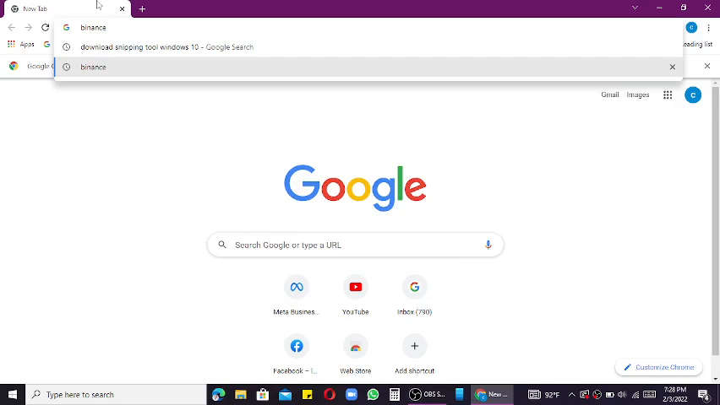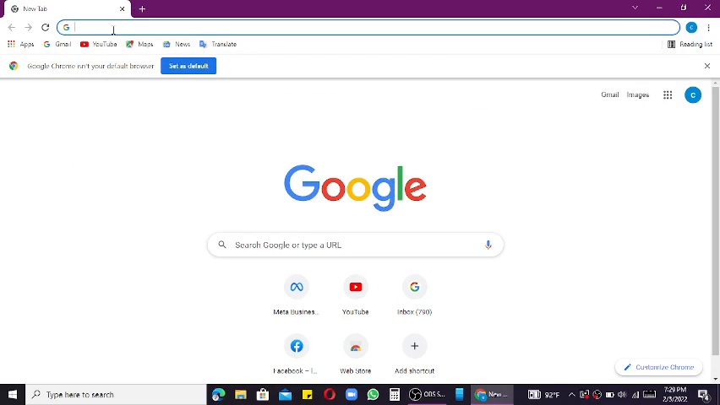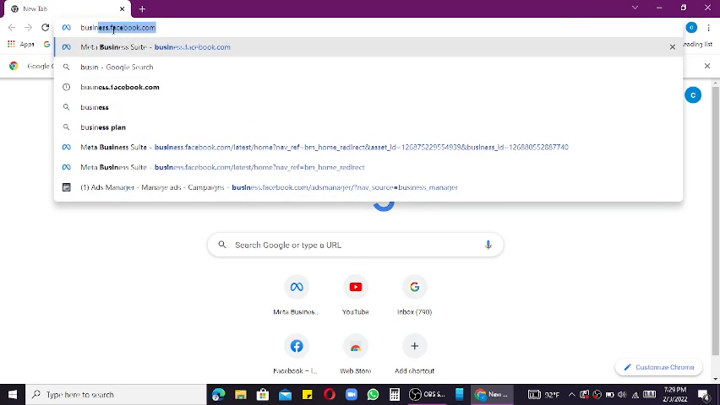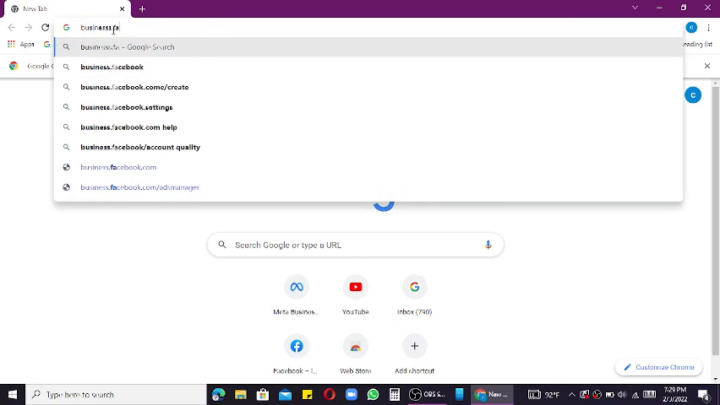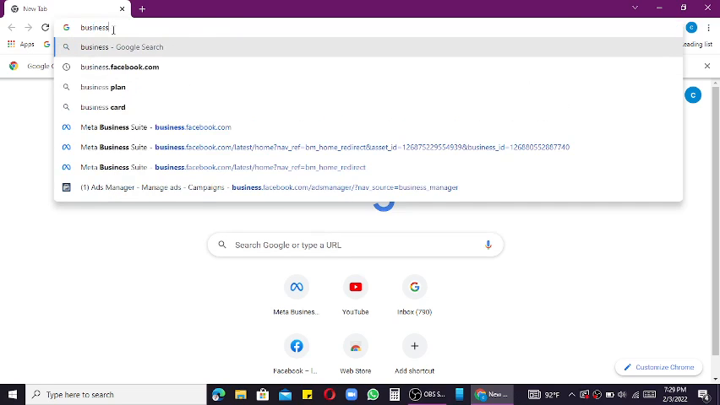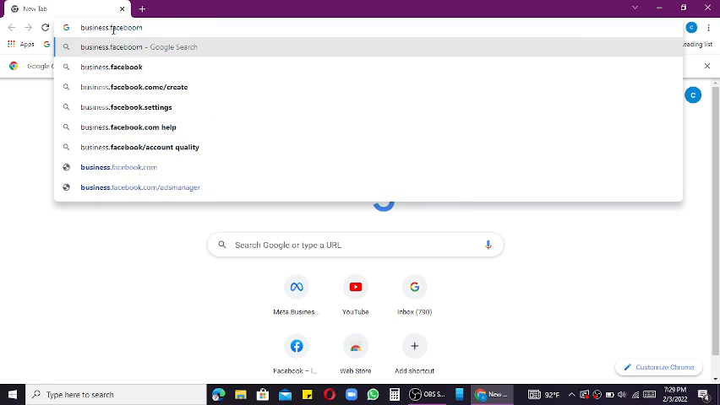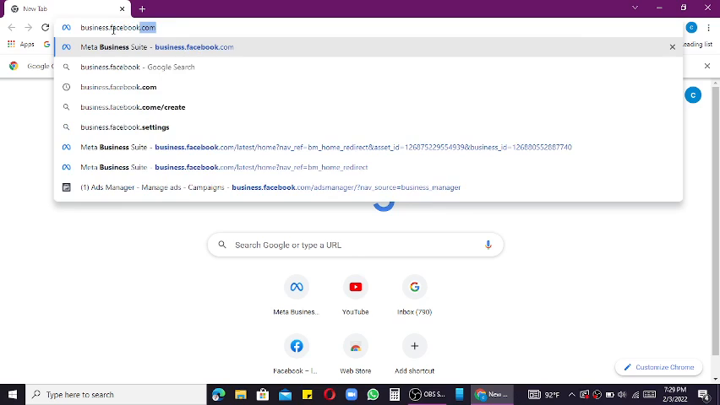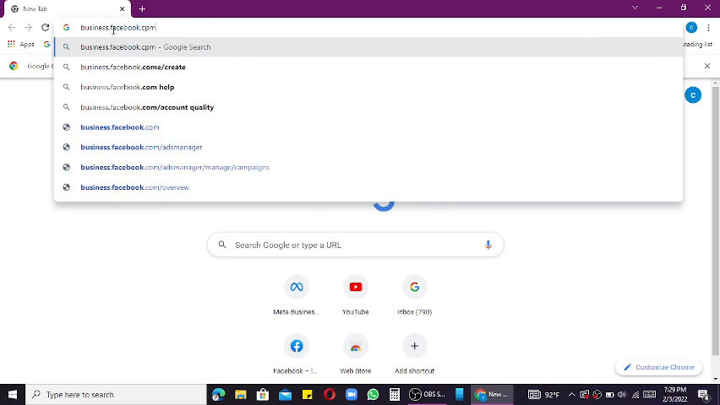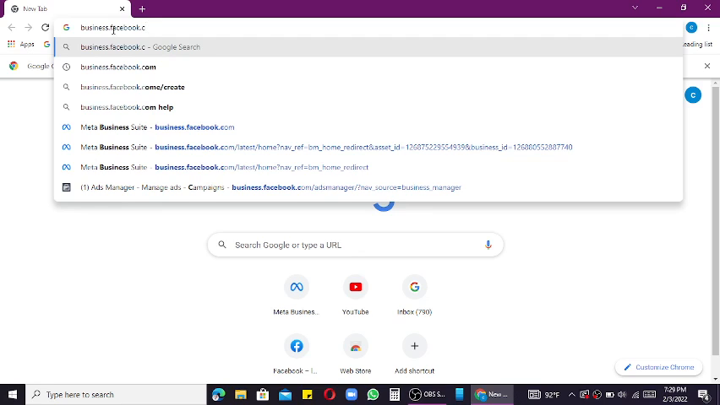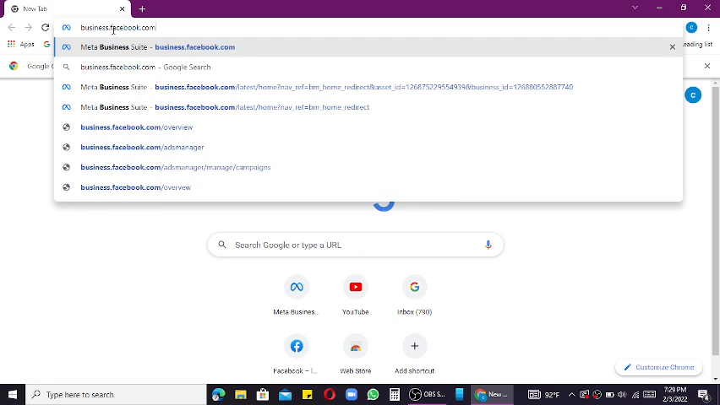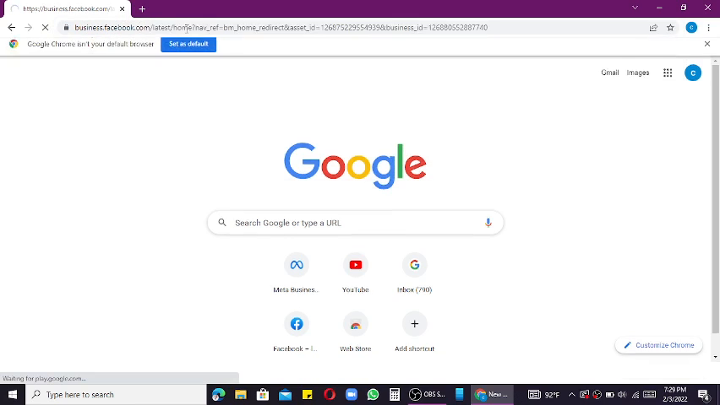Now, when you want to run an advert, that is to run ads on Facebook, you go to business.facebook.com. See, business.facebook.com. You enter,